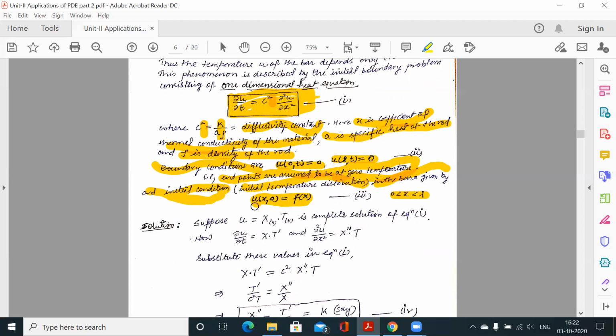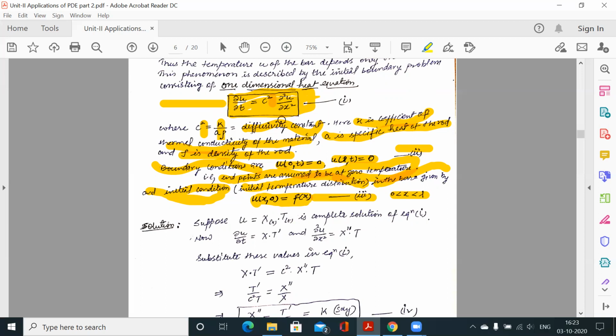Now forget whether this is a heat equation or a wave equation. This is our equation. We have to solve this using the separation of variable method, with these boundary conditions and this initial condition. In the similar way as we solved the one-dimensional wave equation, we have to solve this also. The same process is there. So what is the process? Separation of variable method. How does it start?